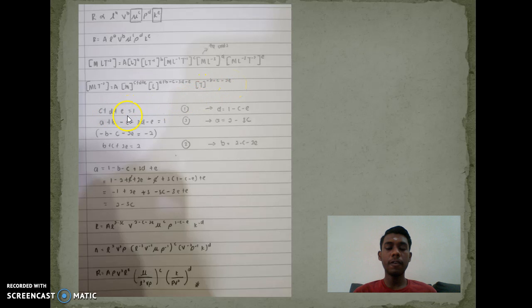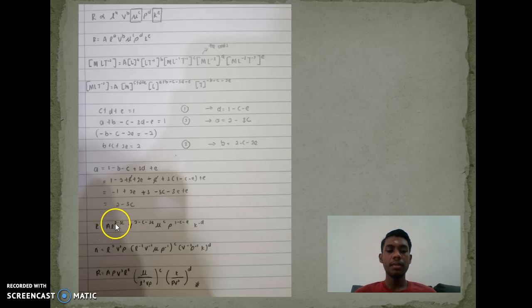Then there are 5 unknowns, which are a, b, c, d, and e. So we're going to do simultaneous equations for this part: c plus d plus e is equal to 1, a plus b minus c minus 3d minus e is equal to 1, and b plus c plus 2e is equal to 2. So these will be our main 3 simultaneous equations. Then we solve them, and finally we will get